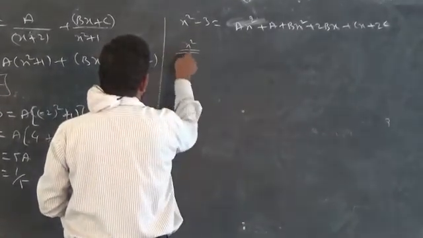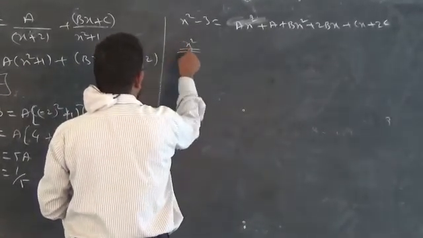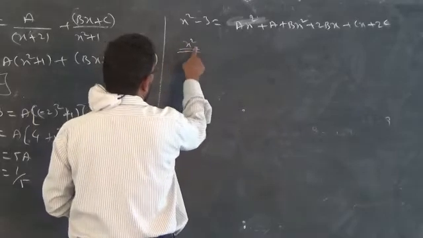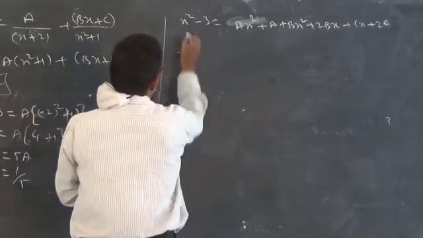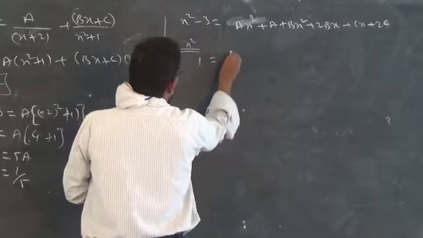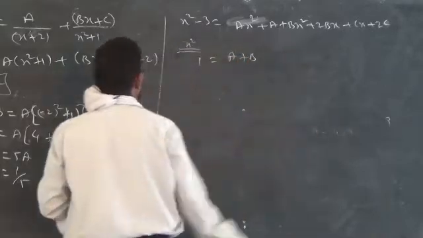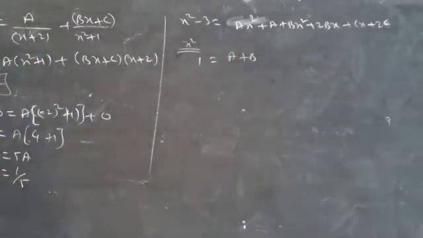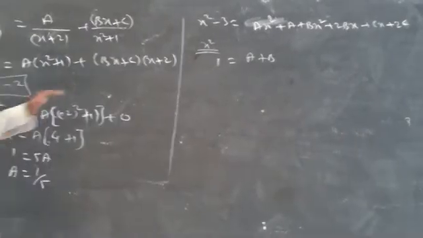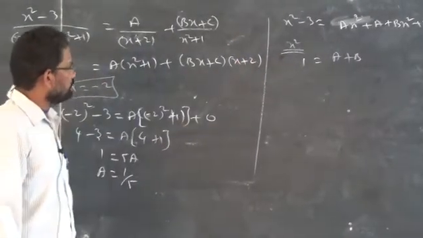Don't think that this means you are comparing the coefficient of x square. So I am writing x square first. On the left side it is 1, and on the right side a plus b. Do you have any x square terms on the right hand side? Boys, be careful, you have to multiply properly and write a plus b is equal to 1.